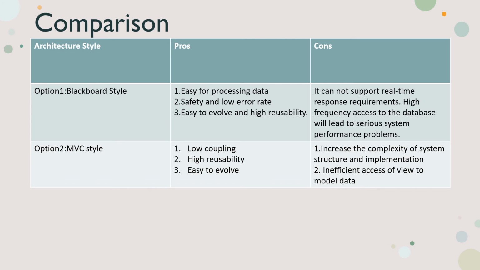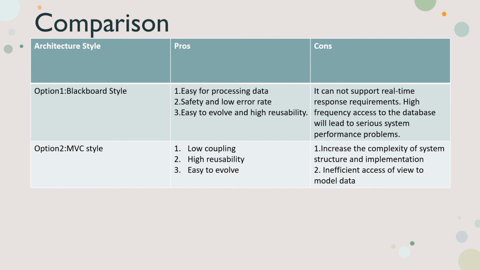In this slide, I will compare the pros and cons for these two methods. For Blackboard, its advantage is that it provides data access to store all the information in this game, and it is easy to query and change the information about snake, food, and map. Besides, it can provide safety and a low error rate because the change of data status is based on the change or query of information in the database,